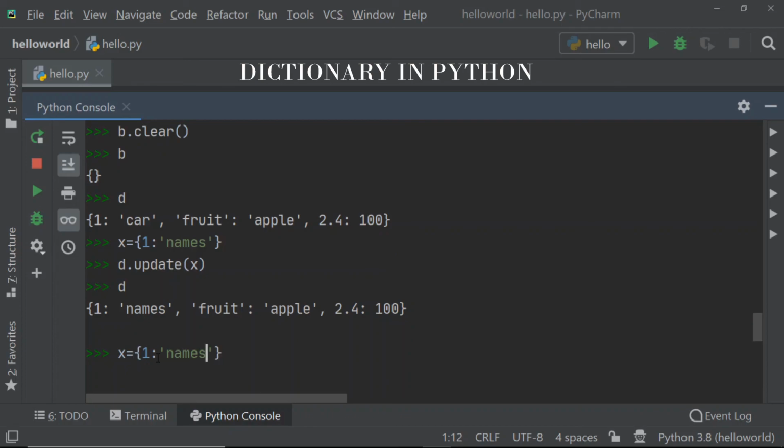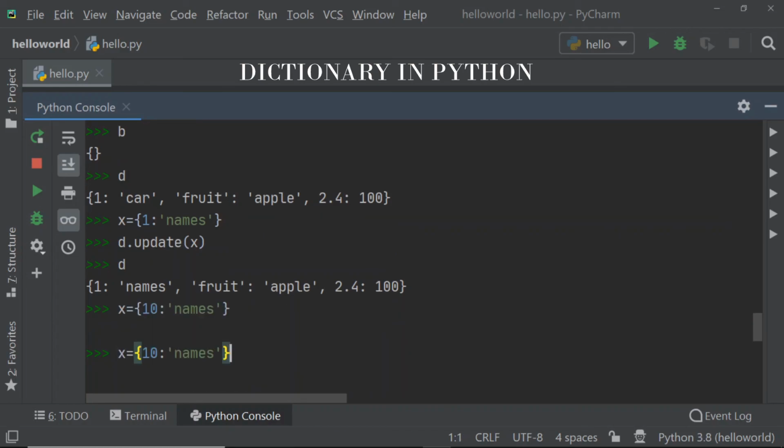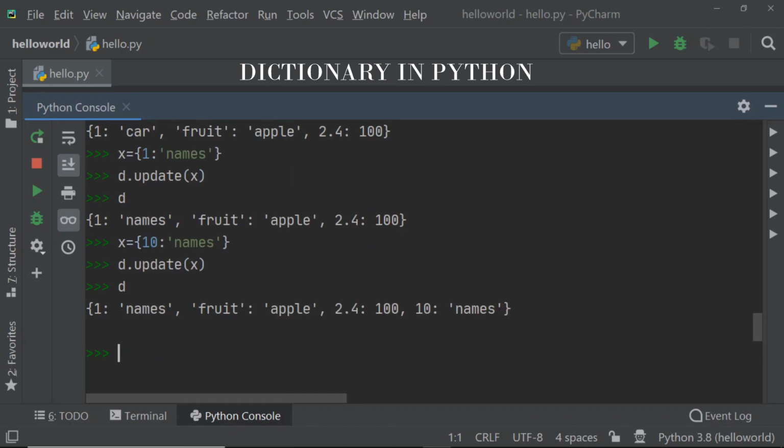Now if I have a key that is not present, say 10, and I try to update my D dictionary again, 10 was not previously present in my dictionary, so that value will be added as a new entry. So this update function can be used to change a value, or to add a value in your dictionary.